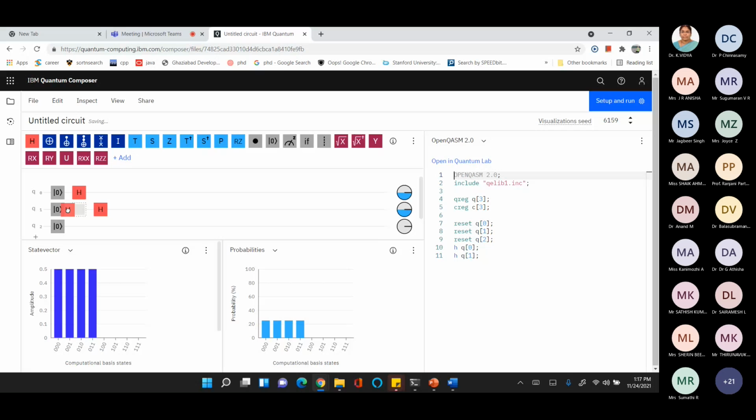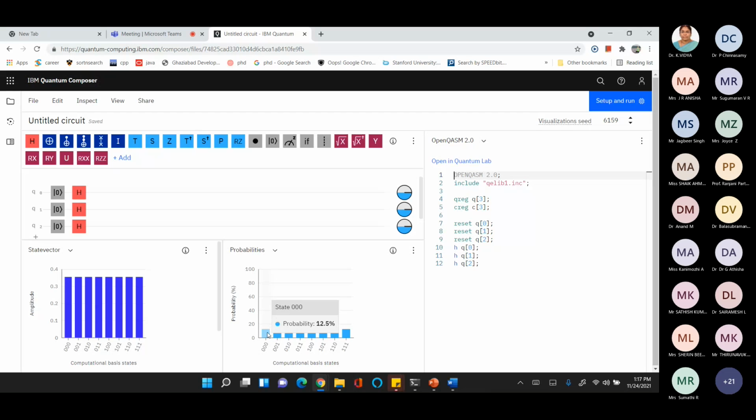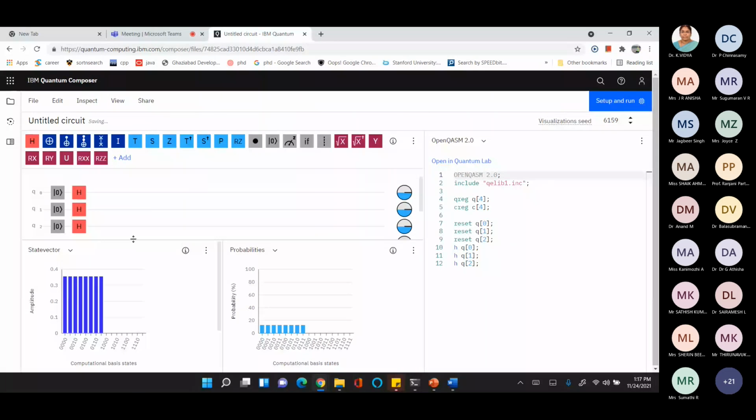See here, with 12.5% probability I will get 000, and with 12.5% probability I will get 111. So I am getting all the states and those are equally likely, with the same probability, 12.5%. If I apply a Hadamard gate on each of these 3 qubits, I am able to have all possible states with me. Are you able to see the benefit here? Only 3 qubits, but we are able to have 2 to the power 3 amplitudes. So just add one more qubit here and one more qubit.